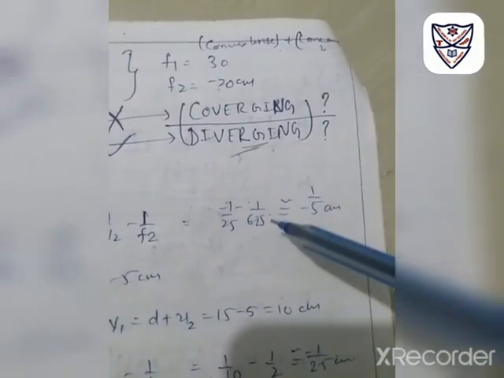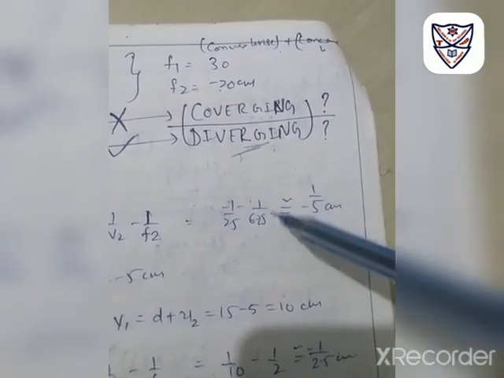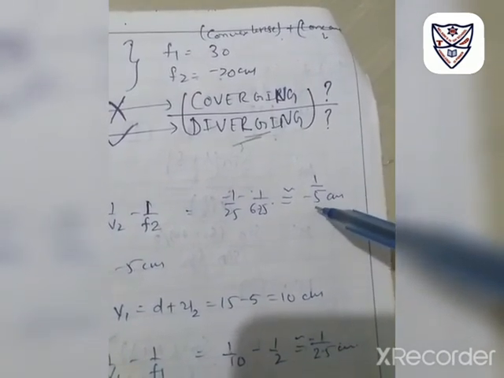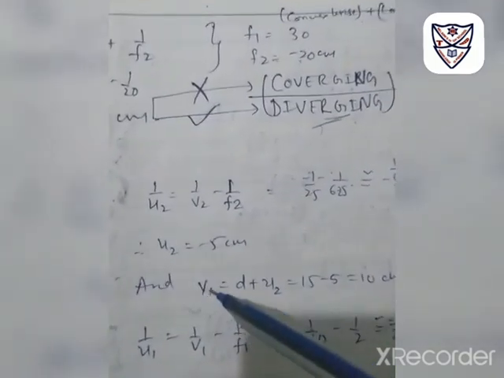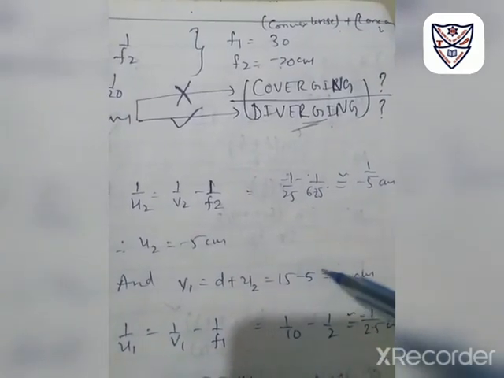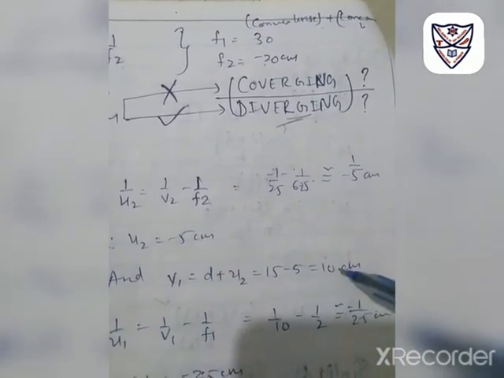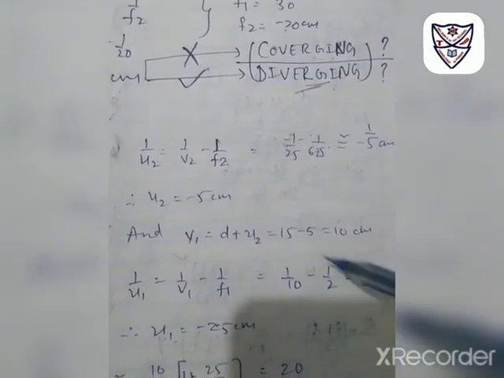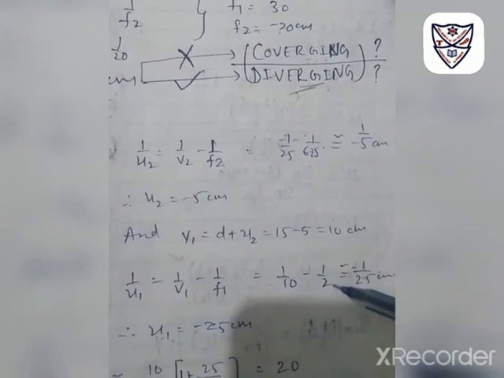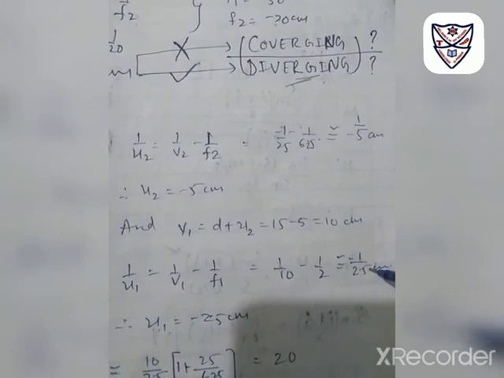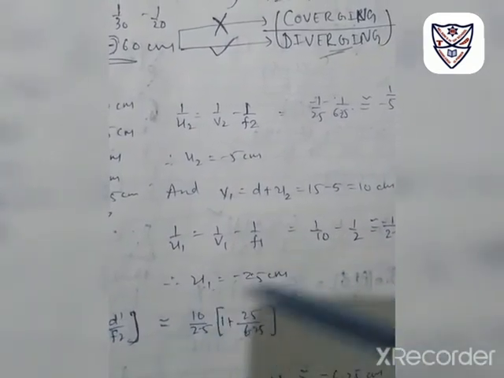Okay, see here like this, just 1 upon 1 minus 20 here, 1 minus 6.25. You will get approximate value is minus 1 upon 5. Okay, and for v1 it is your distance plus u2, so minus 10 centimeter it will become. So after that you have to find u1, so that is again the mirror formula. Please do 10 is given, 2 is given, minus 2.5 centimeter will come, so that's your value for u1, but it is in negative.